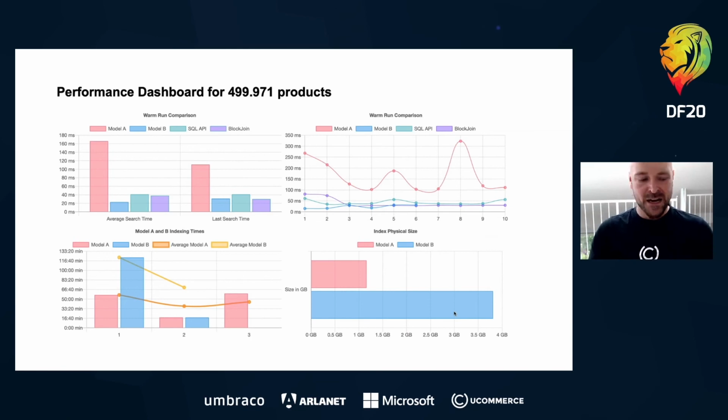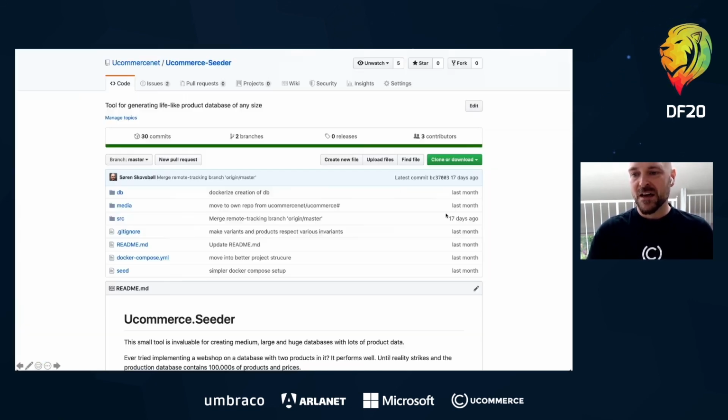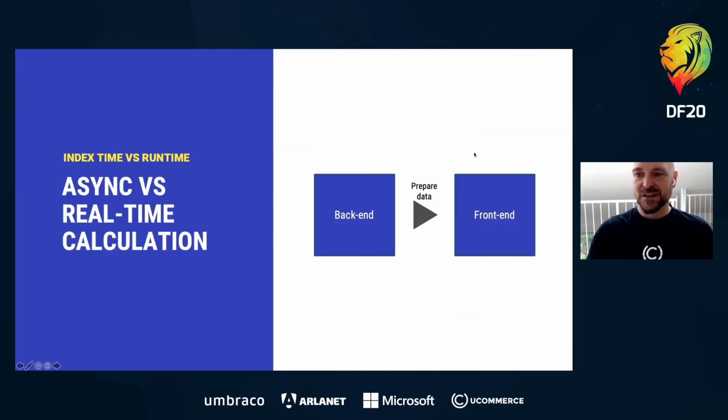If you scale out the API on multiple servers, you will have the indexes on the server itself instead. Hope that makes sense. But really, the key here is that we've moved to an async versus real-time calculation model, where some calculations we prepare as much as we can here in advance, and then when the customer needs to see the results, we can just pick them out and display them.